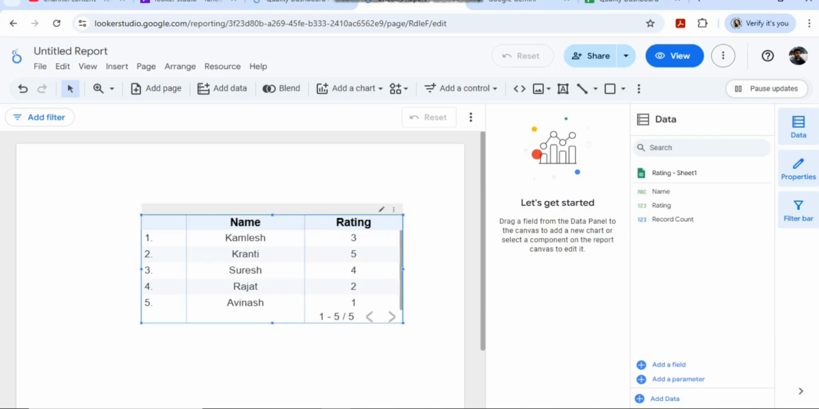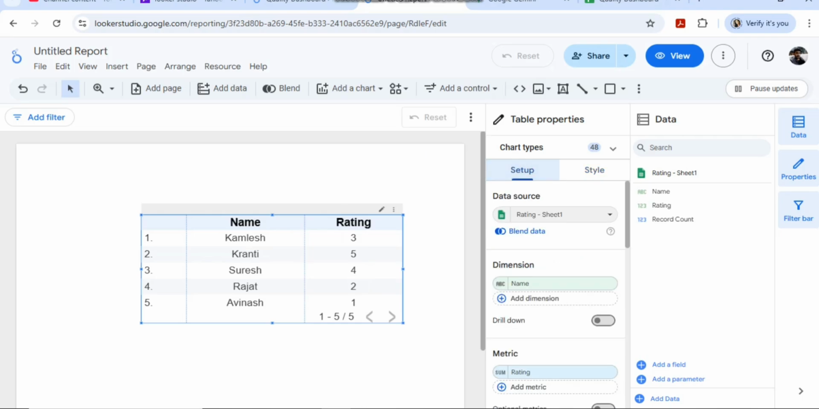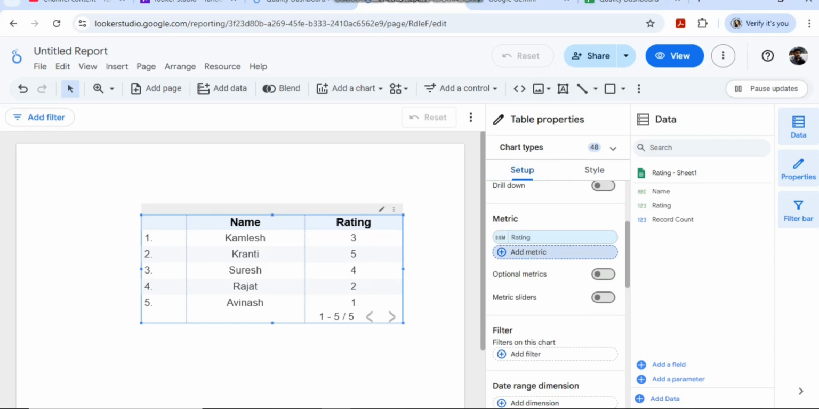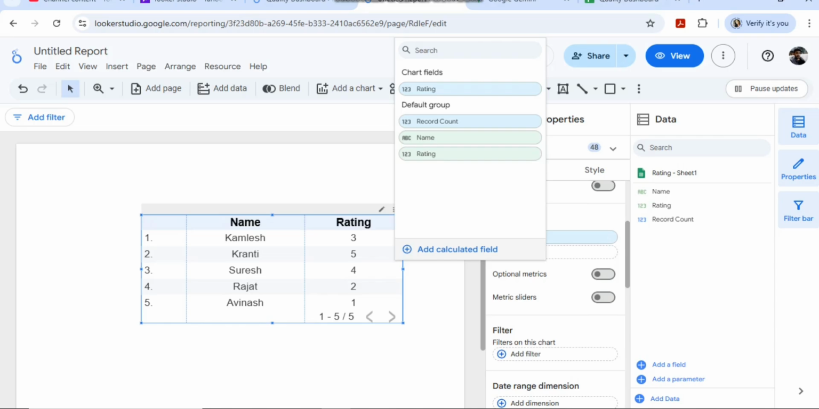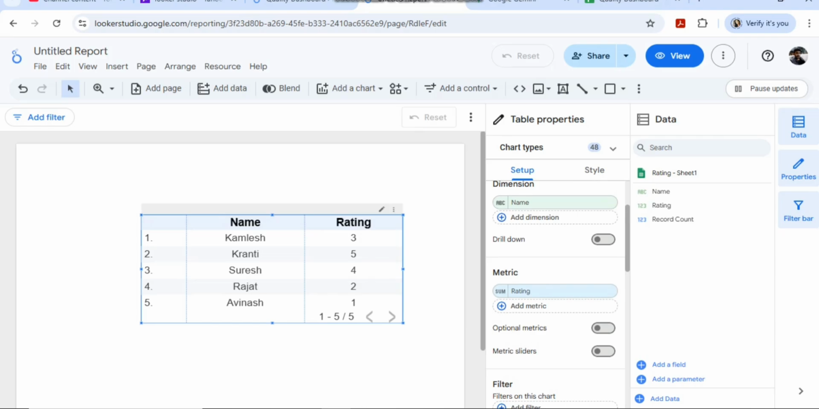Now we require emoticon icons. How can we do that? You can select the table, go to the dimension field in the setup. Okay, we are in the setup now. In the setup you have to go to dimension. You have to click on add metric. In the dimension, add metric, sorry, it's not metric, it's in dimension. Add dimension,